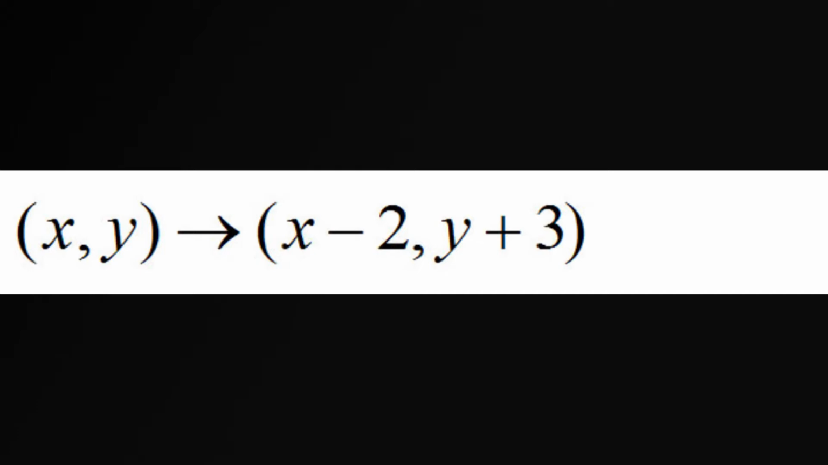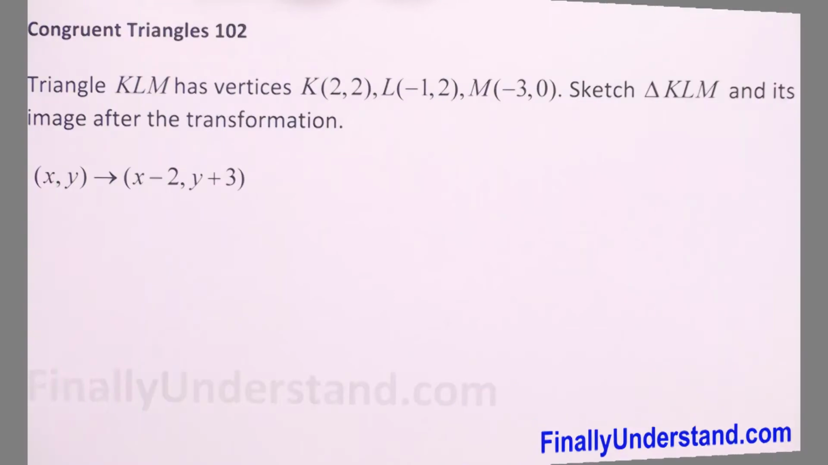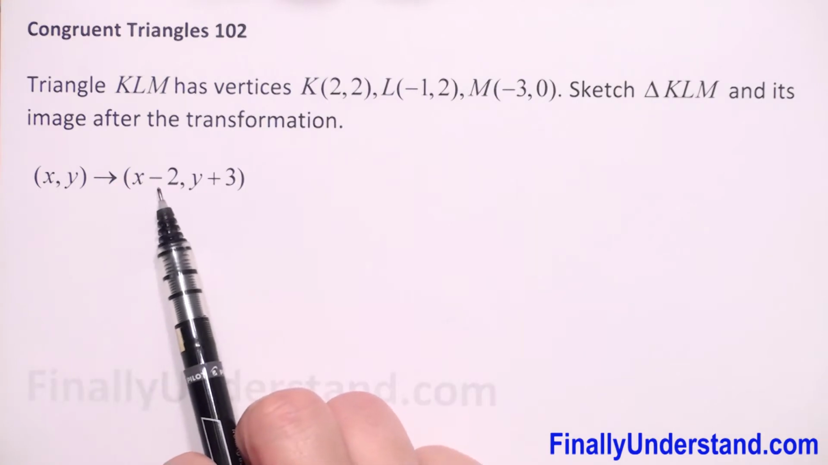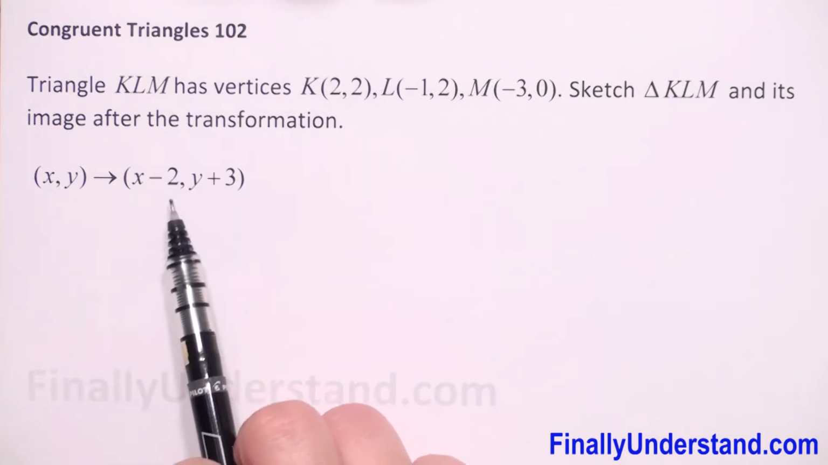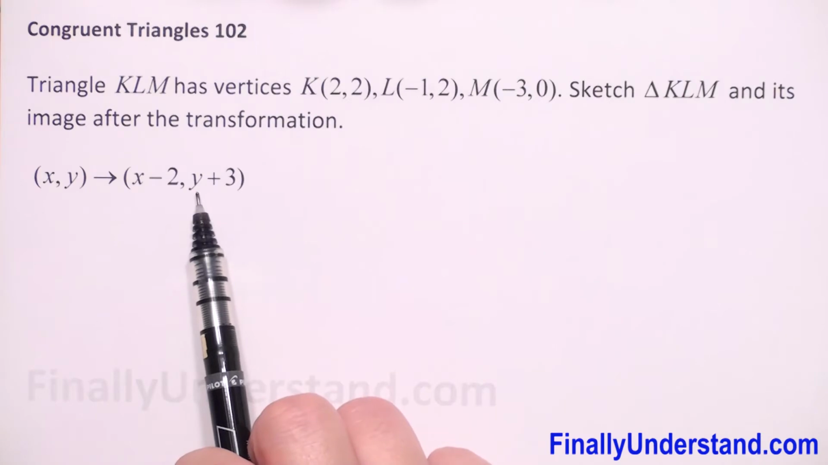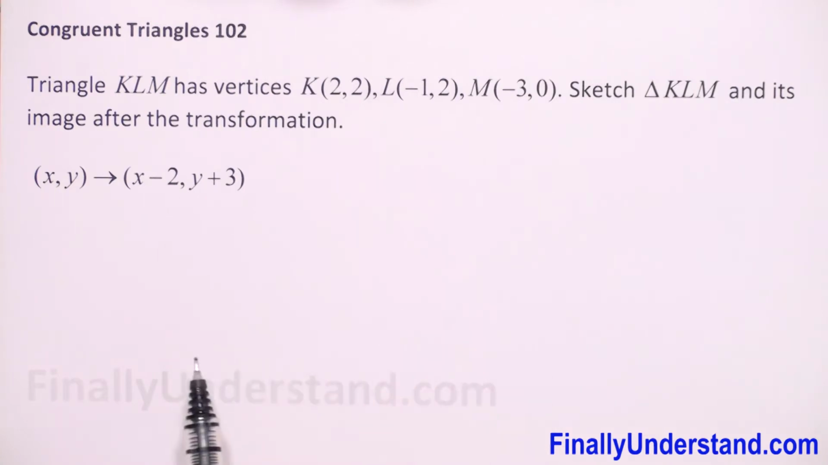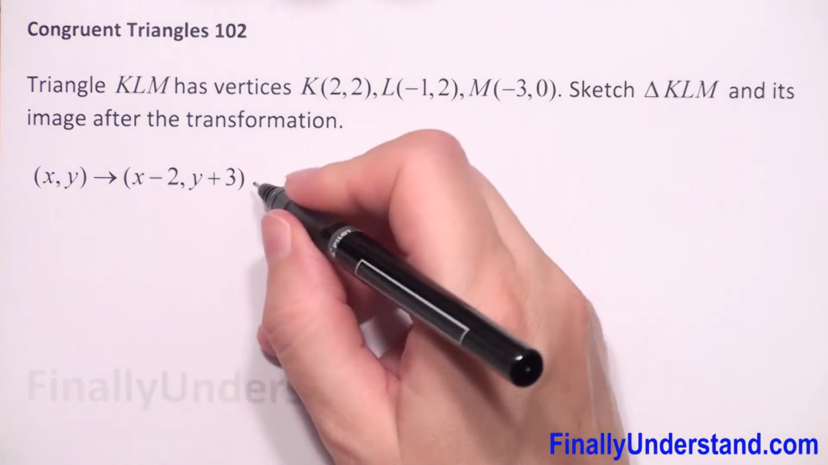We have given vertices of triangle KLM. We have to sketch this triangle and we have to transform every point of our triangle. And we see that we have to subtract 2 from the first coordinate and we have to add 3 to the second coordinate. So it means we have to go left 2 units and up 3 units. This is transformation about vector